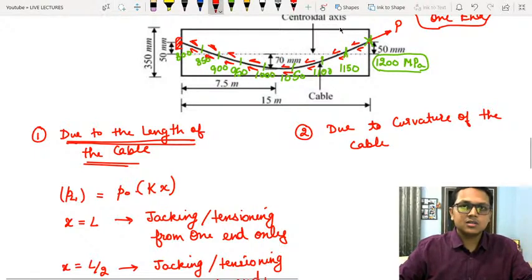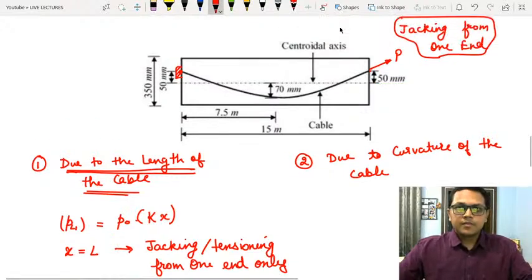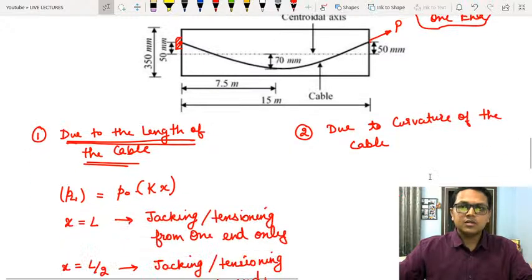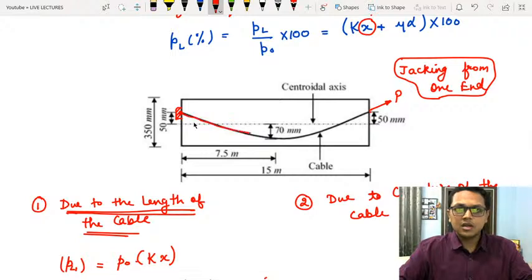Now let us clear the diagram. Since the cable given in the question is having a curvature like this,